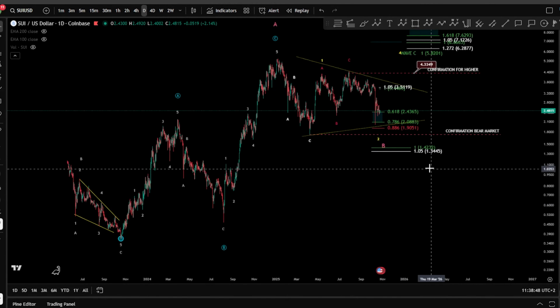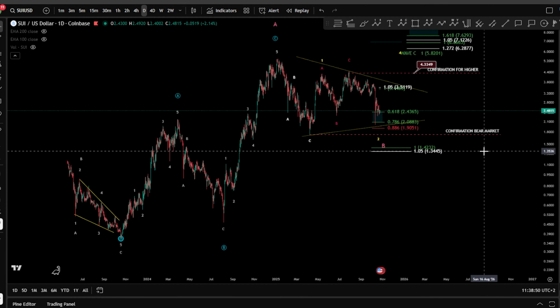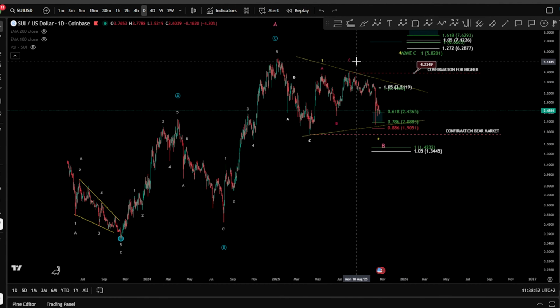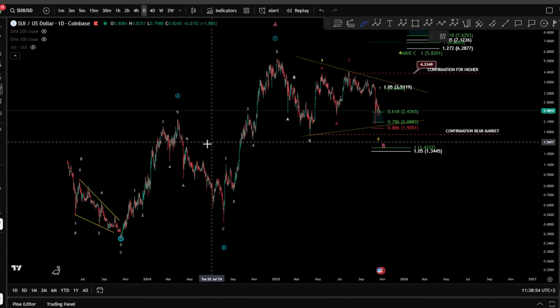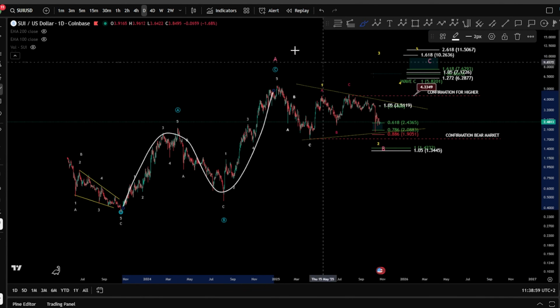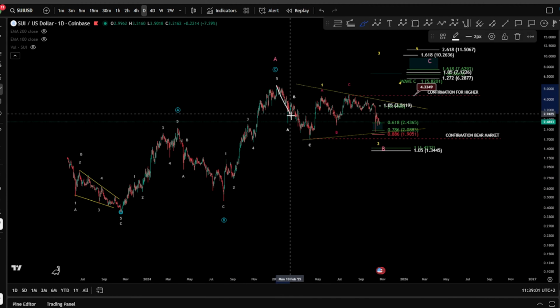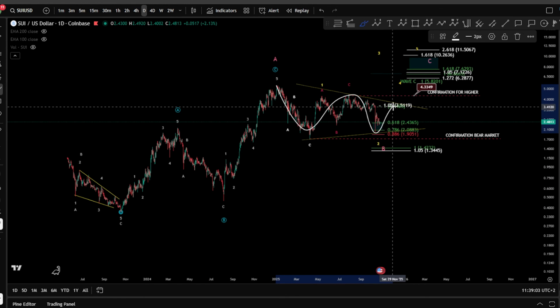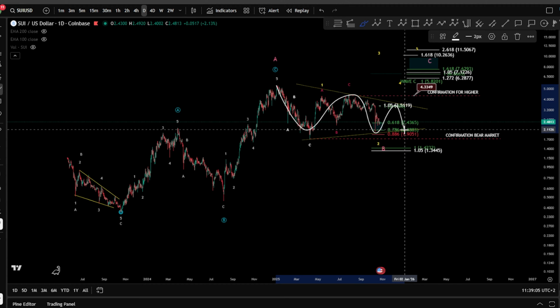Hello everyone, welcome to a new video for SUI, Render and FET price prediction based on Elliott Wave analysis. We're going to start with SUI on the daily, where we have three waves toward the upside, potentially a finished wave A. Currently we're looking at a potential triangle formation as an A, B, C, D, and an E,